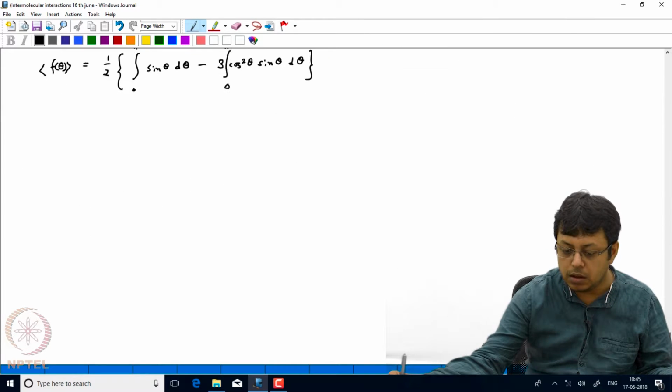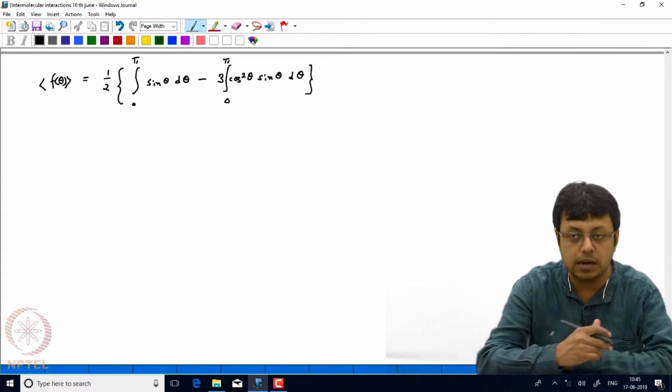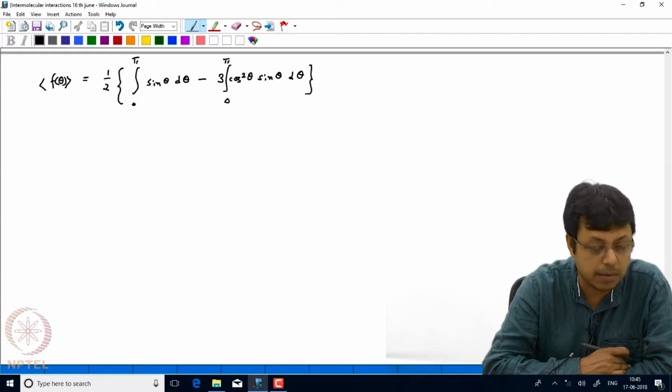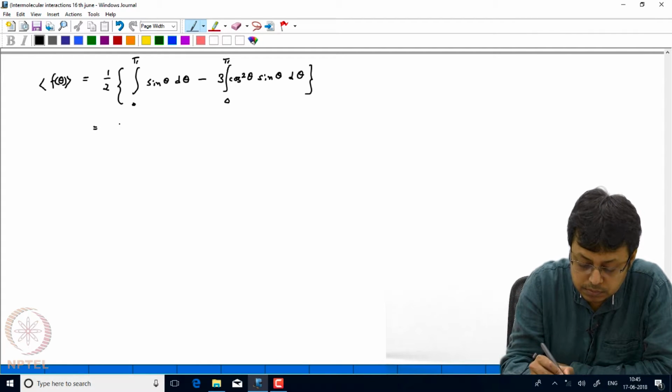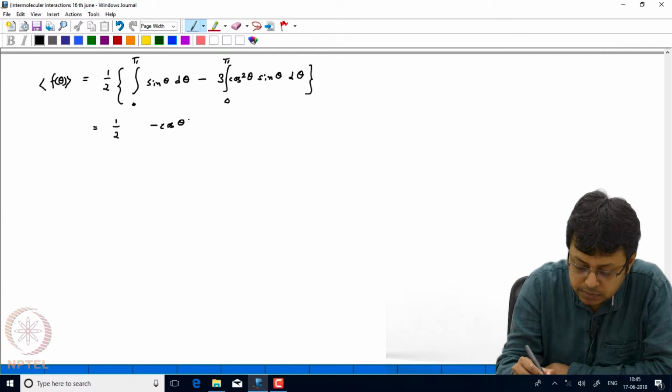Now, you can look at it. sin theta d theta will be nothing but minus cos theta. So, it is half minus cos theta, which is evaluated between 0 and pi,